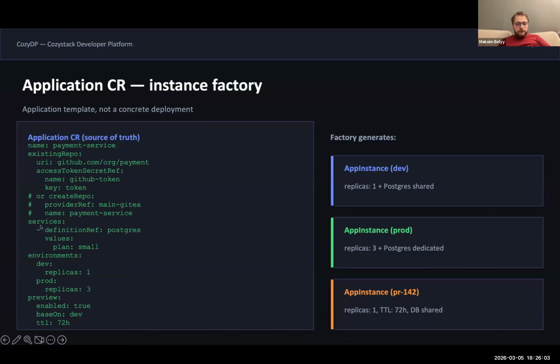There is a services property, where you define what services your application needs, and configuration for environments, like: we want one replica in dev, but in production we want three replicas, and enabling preview environments created when you have pull requests. So this is actually a factory that creates application instances.